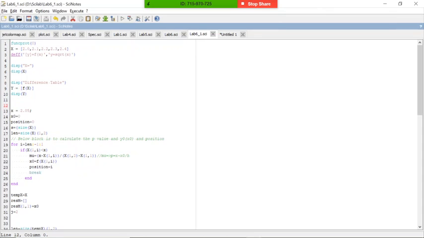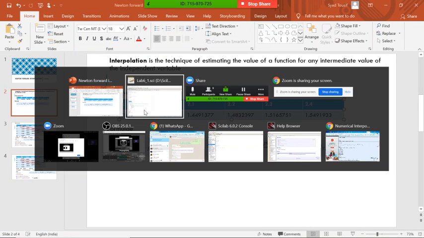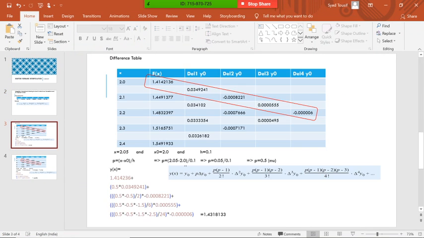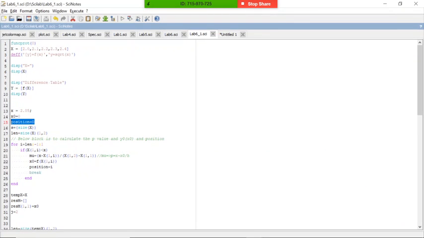Yeah, thank you. So from here, we are manually entering this value. This is our determinant value. We want to calculate the square root of 2.05 using Newton's forward interpolation. For this one, x naught we don't know. The position means the diagonal position, it is 1 or 0, we don't know. So we have to calculate the x naught.